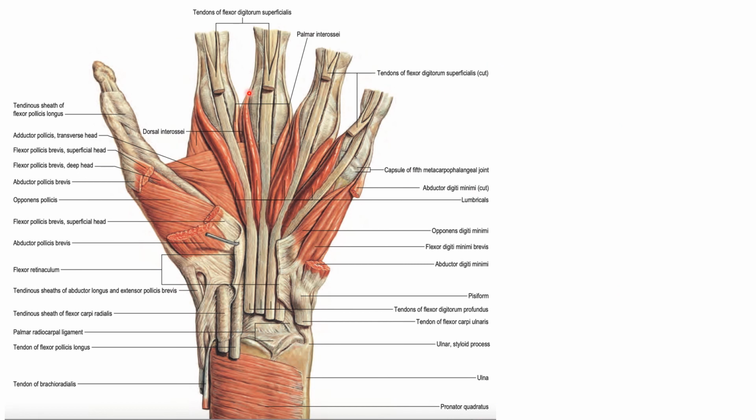This illustration is to show you how lumbricals look. These are the tendons of flexor digitorum profundus entering into the digits, and from the tendons of flexor digitorum profundus, these narrow earthworm-like muscles are called lumbricals. So you can see the first and second lumbricals are unipinnate, whereas the third and fourth lumbricals are bipinnate muscle.